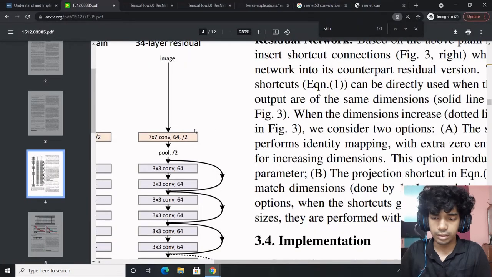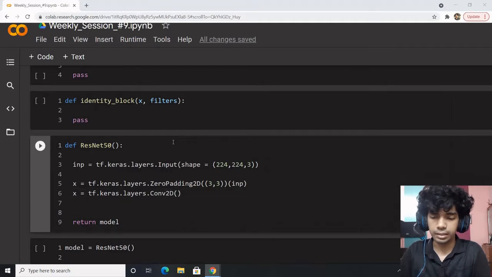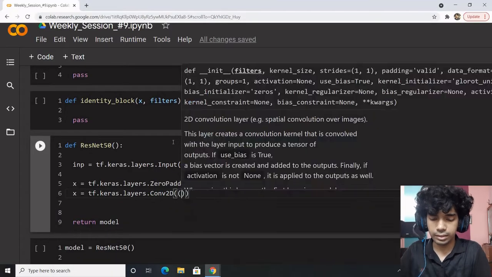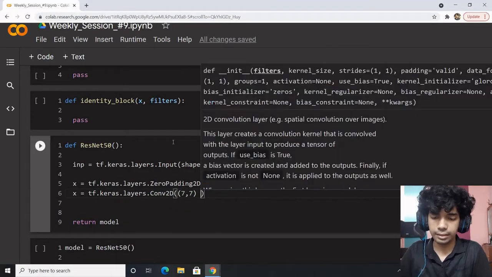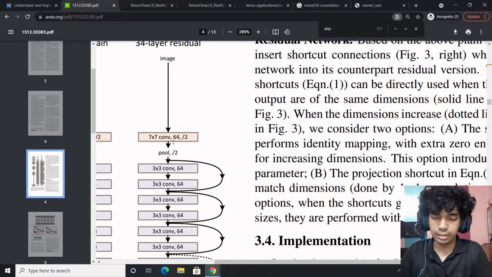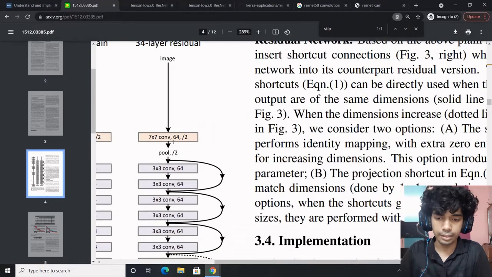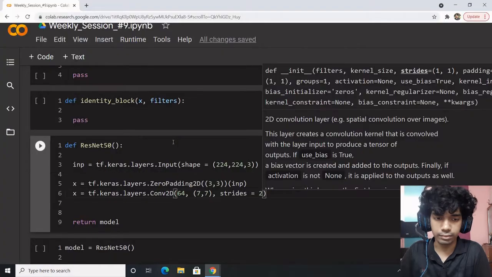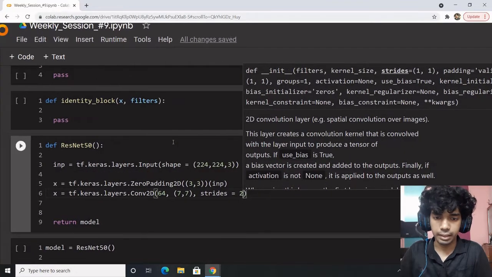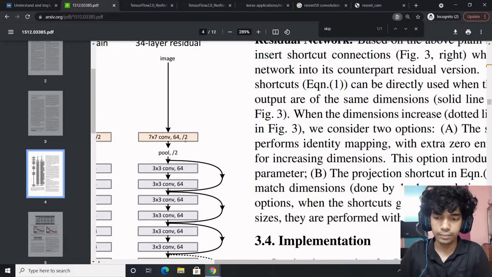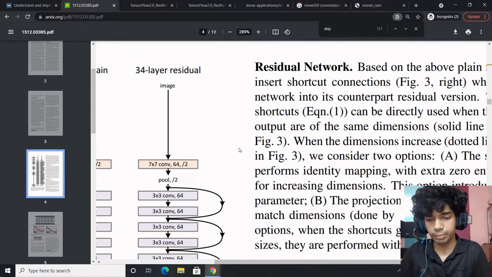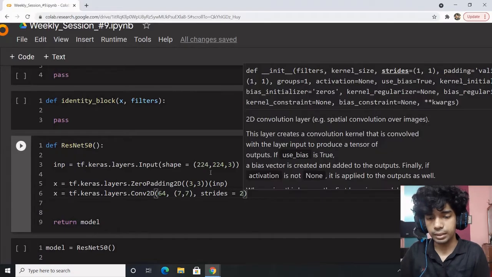It's just a good method, or you can choose not to, depending upon this. Ultimately up to you. The main part included in the architecture is the 2-dimensional convolution, wherein the kernel size is 7 cross 7. The filters are 64. We have strides equal to 2, and what else? Padding. Is the padding valid or same? Hopefully it would be valid, because if we use same, then the output would be the same size. We don't want same padding, we want a difference to happen. So padding would be valid.